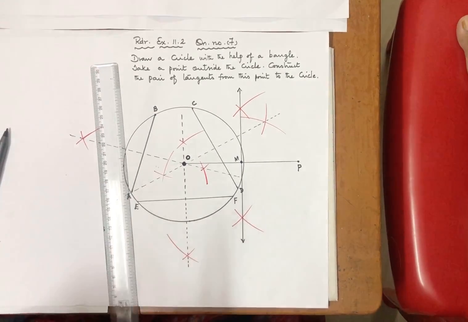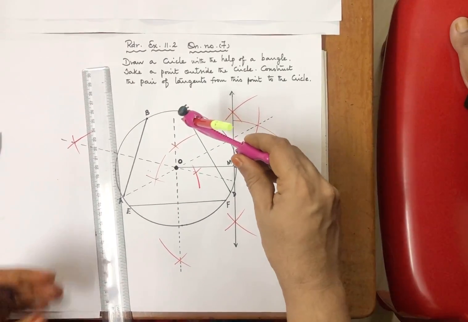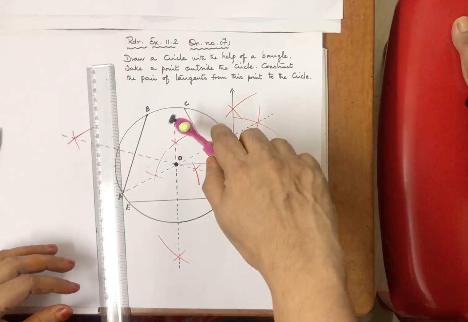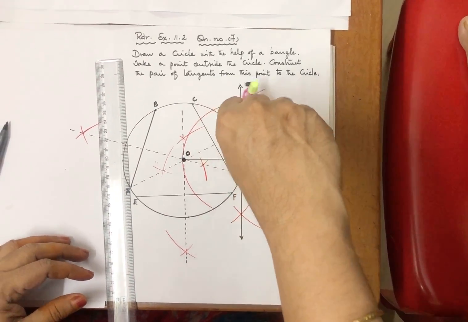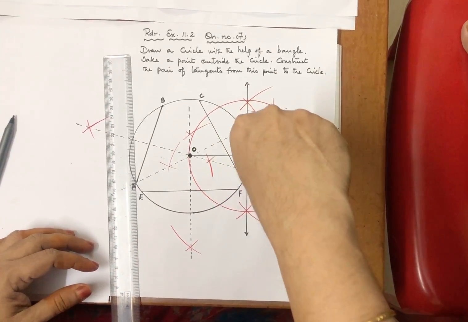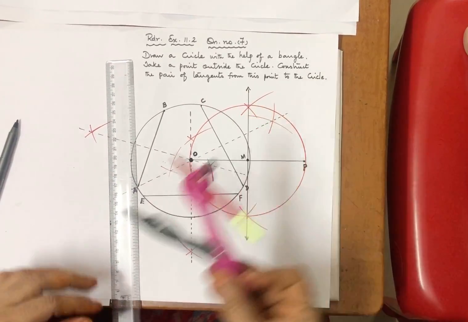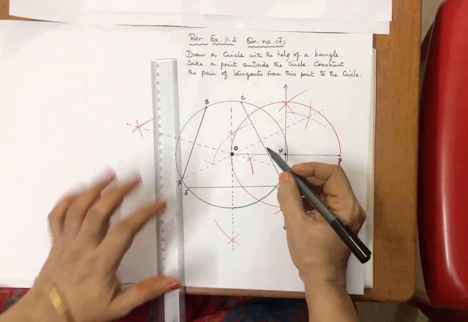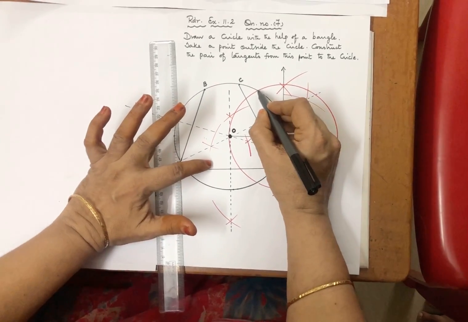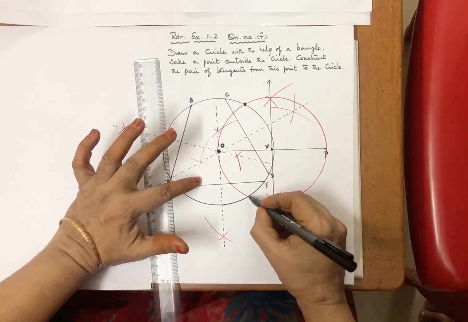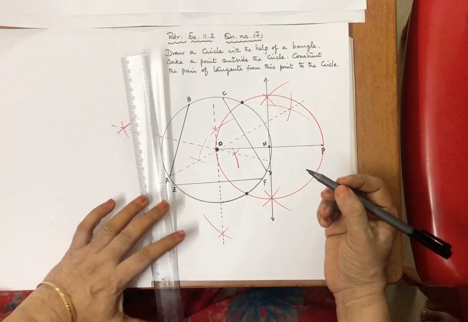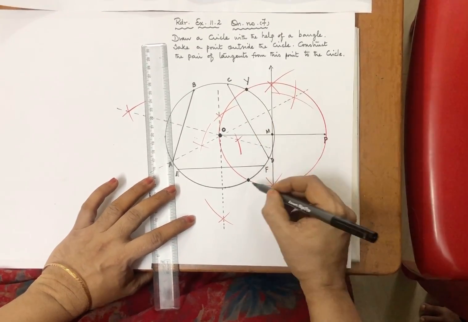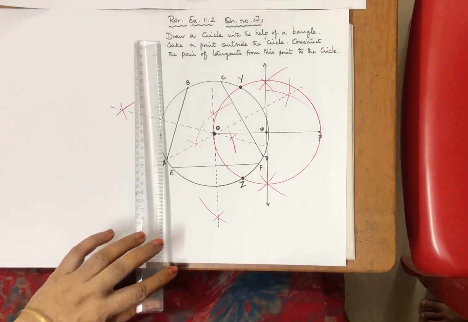Now you will keep the needle at M, and the pencil end on O. Draw a circle, and this circle passes through O and P, and the previous circle and this new circle, they intersect at two places. Okay, so let me name them Y and Z. Any letter you can use.